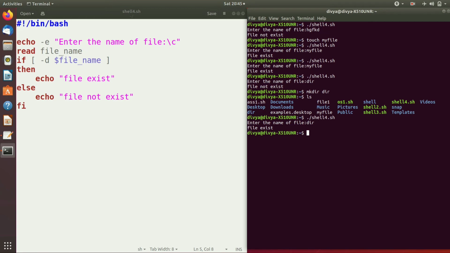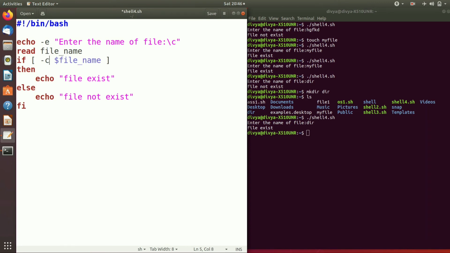So a file which contains normal text or normal characters is a character special file, and other files like video files, music files or image files are block special files, right? So for a block special file you can use the -b flag, and for a character special file you can use the -c flag.